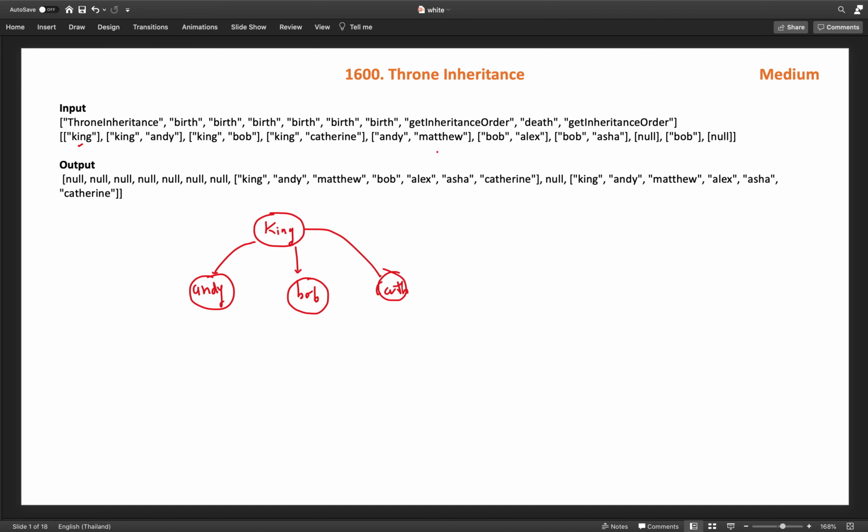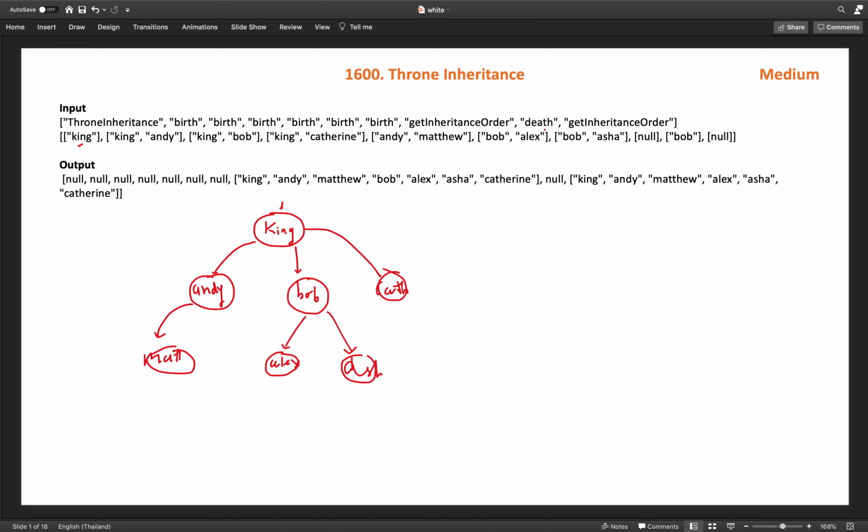Then Andy will have a child Matthew, let's say as a shortcut, and then Bob will have a child Alex, and Bob will have another child Asa. So this is the tree so far, the inheritance tree started from the king.